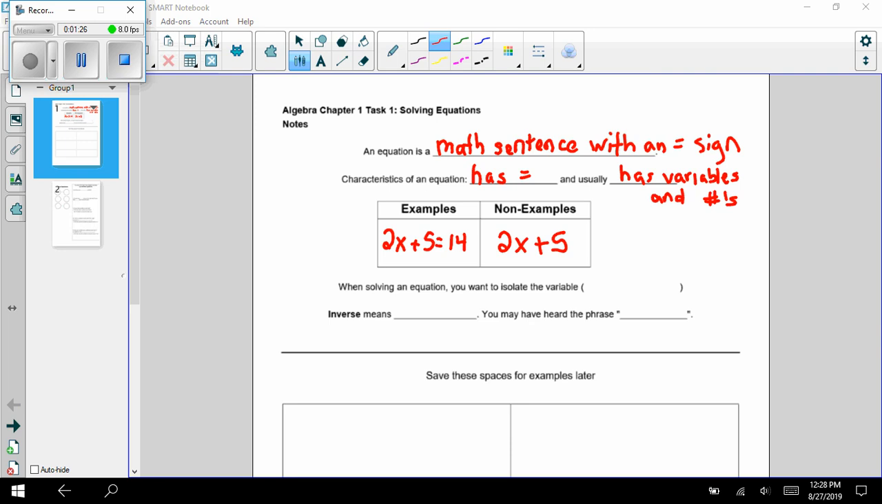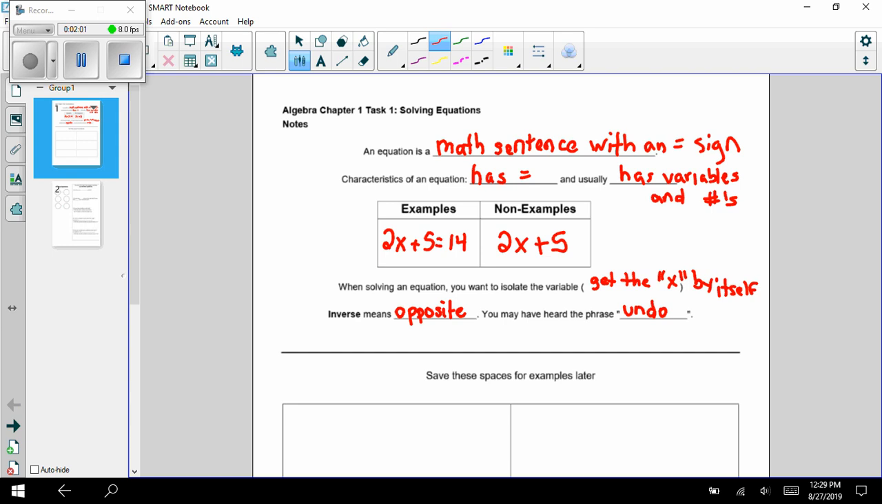When solving an equation, you want to isolate the variable, and you might have heard the phrase, get the x by itself, or whatever the variable may be. You've also possibly heard to do the inverse. Inverse just simply is another word for opposite. And you may have also heard the phrase undo. So essentially, to get the variable all by itself, we're going to do the opposite operation, or undo what's happening